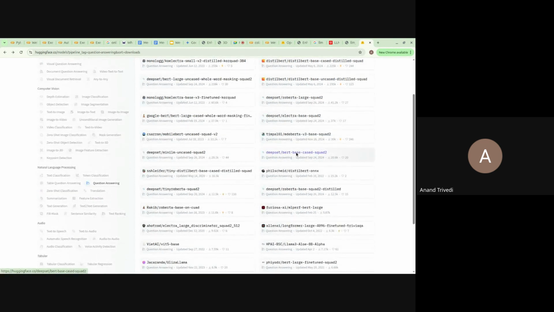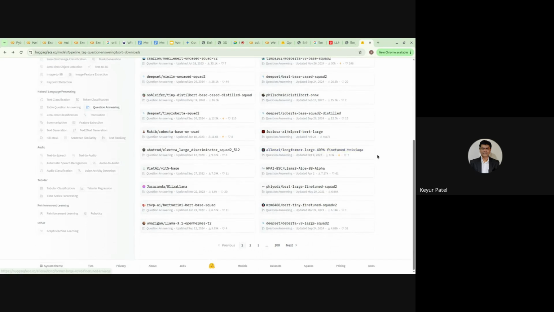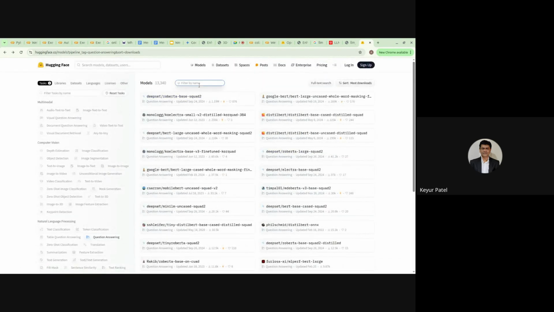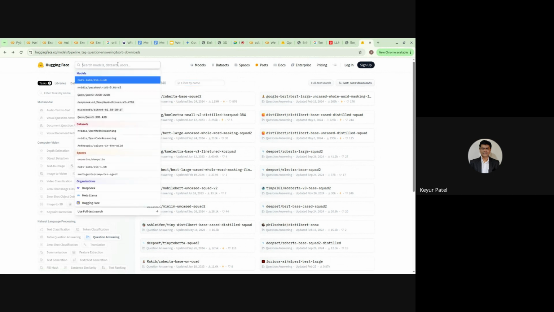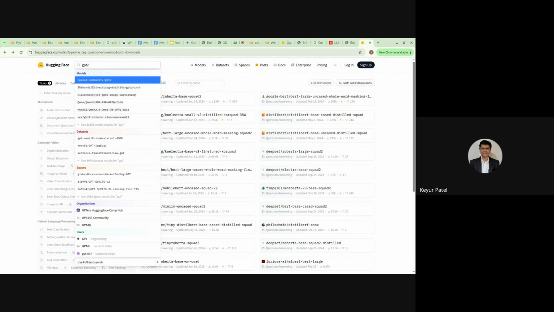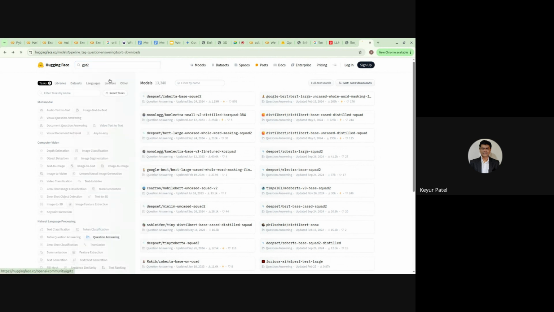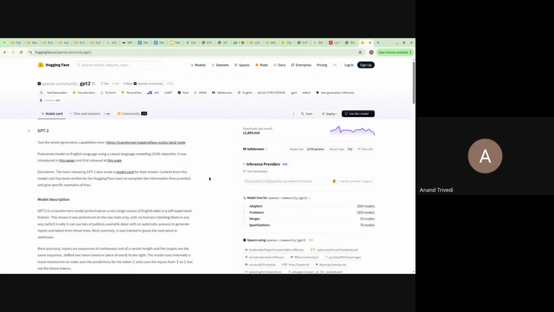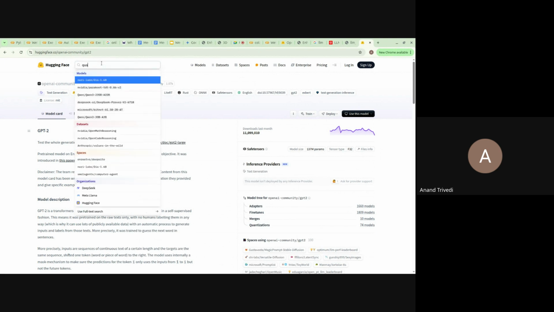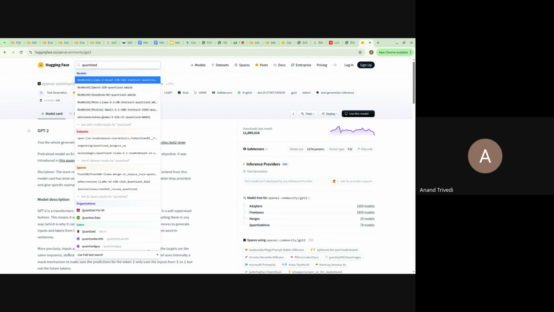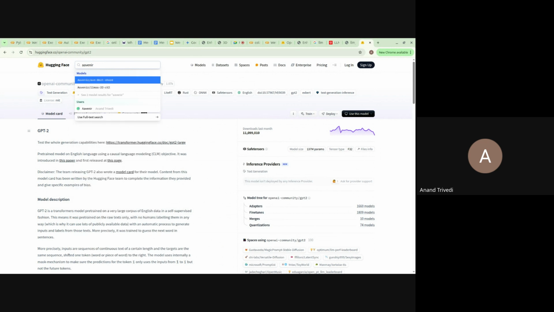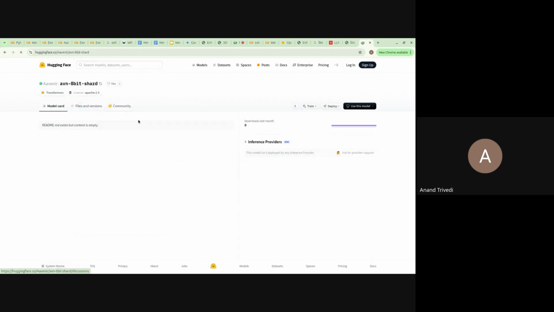DistilBERT. So in your example, Anand, the GPT-2 model, right, but where exactly do you slice it? How can I know, okay, you slice this model and use it? Yeah, actually, so basically there are a few ways to do it. I can directly go to a quantized model. I used to publish my own model also. This is my model. This has been published by me.